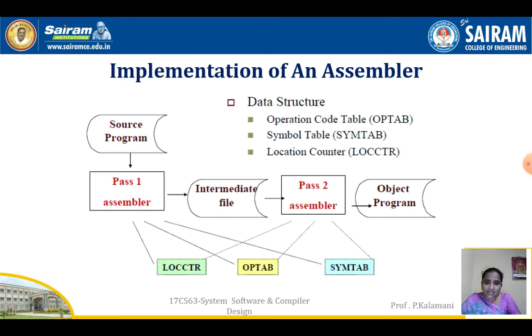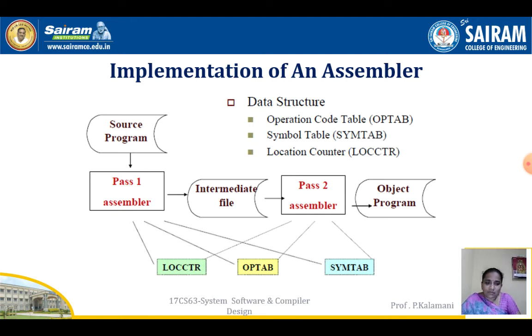The intermediate file assigns an address to each and every instruction. Assembler directives are processed, the symbols are defined and the symbol table is constructed. These works are done by pass 1 and stored in the intermediate file, which is given as an input to pass 2. Pass 2 does the actual conversion. It refers to the op table and symbol table, and with the help of the location counter, it converts the intermediate file into the object program.